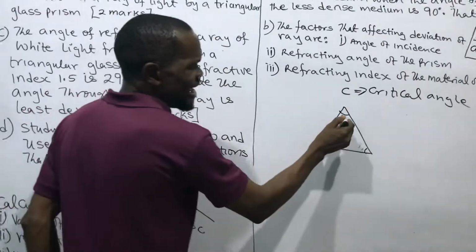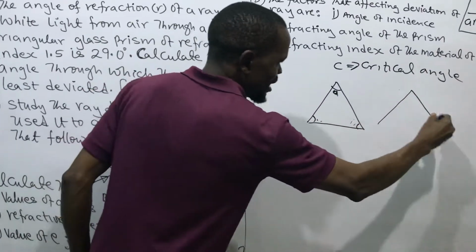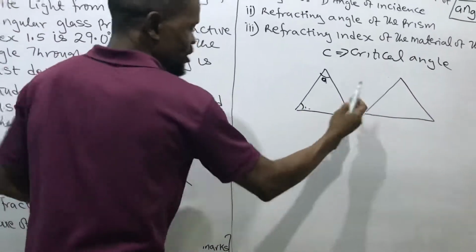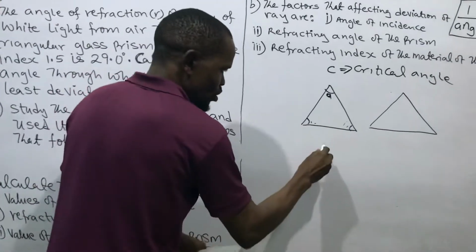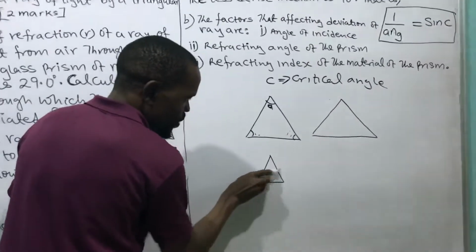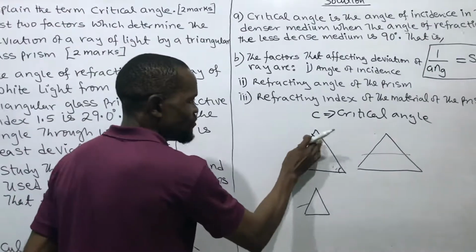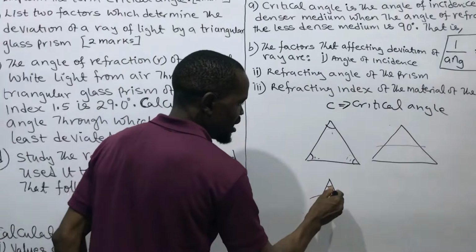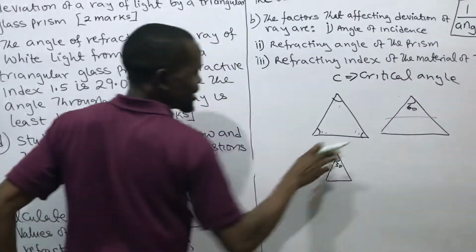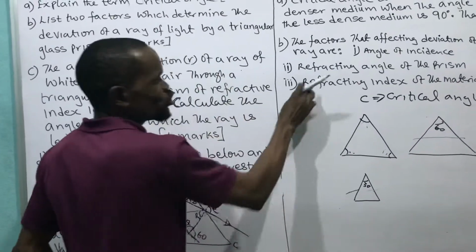So if this A is big, that means this triangular prism will be more wide. If this angle is small, you see that this triangular prism will be this way. For me to pass through this place and to pass through this place is different. Maybe here is 30, and here is 60. The distance I will pass is more on this place than this place. We will say that's what we call